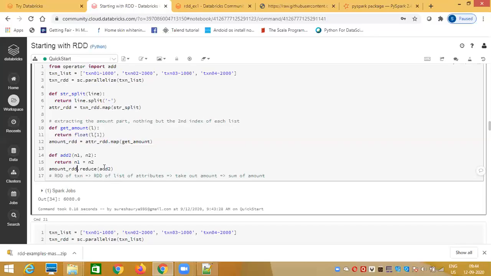Your RDD has hundreds of functions, and these functions are broadly categorized into two types called transformations and actions. So how do you get to know which function is what? When a function returns an RDD, that is called a transformation, and if a function does not return an RDD, then it is called an action. We saw the map function, it returns an RDD, so it's a transformation. We call the count function. The count function just gives you the count of records in the RDD, which is nothing but an integer. So it's not a transformation, it is called an action.